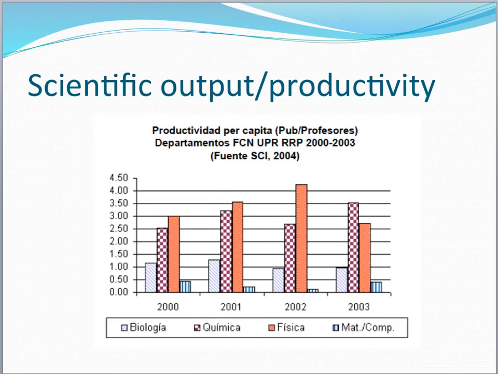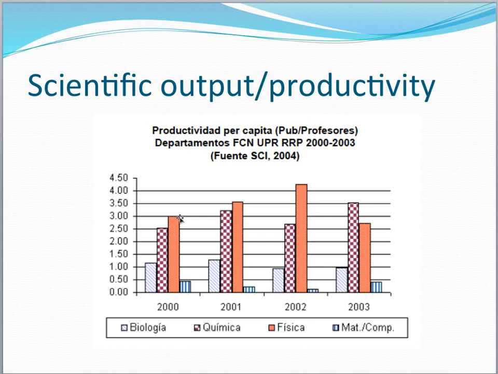Let me see the next one, what we have here. This is very interesting too, and this also comes from the same study in 2004, and we have what I call productivity per capita. So the indicator was produced by dividing publications by number of professors. And what we have here is an average of one publication in 2000 by biology. It increased a little bit in 2001, but then it decreases again in 2002 and stays more or less the same. Physics, for example, here we have it's the highest productivity per capita, even though, and we can compare,